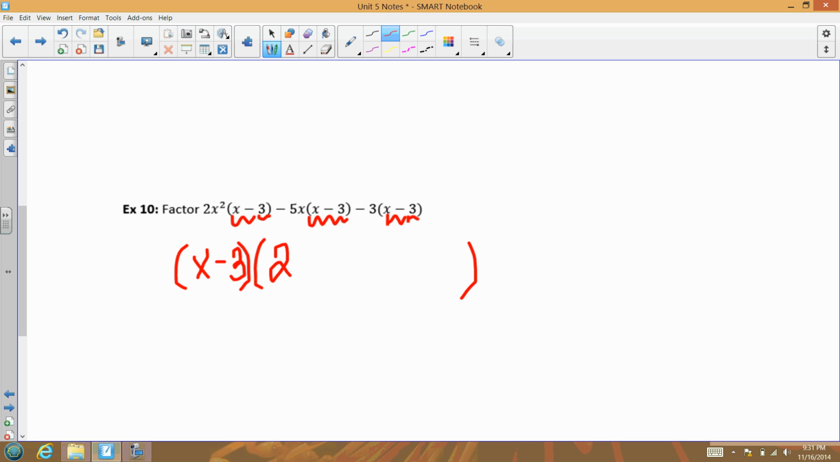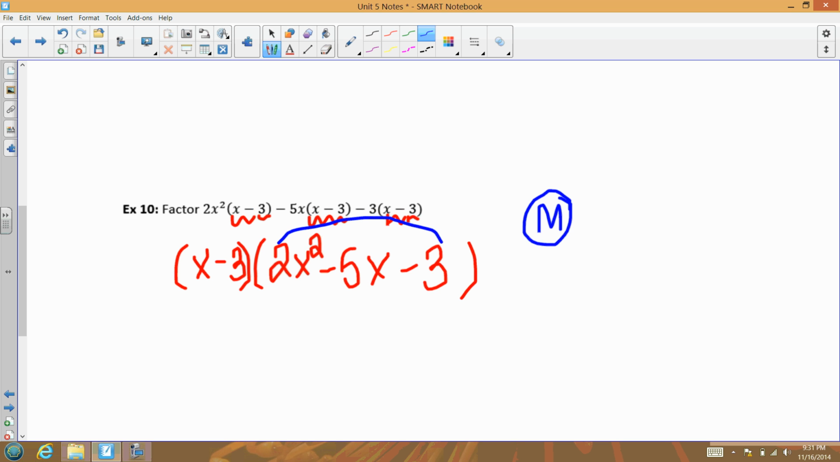So I'm going to have 2x squared when I take the x minus 3 out, minus 5x minus 3. So that's the first piece. I did GCF factoring. And it was kind of unusual because I'm taking out a binomial as my GCF. And now I look at what's left, and I have a quadratic. I have an x squared, an x, and a number, but I have a leading coefficient that's not equal to 1. So that tells me I'm going to have to